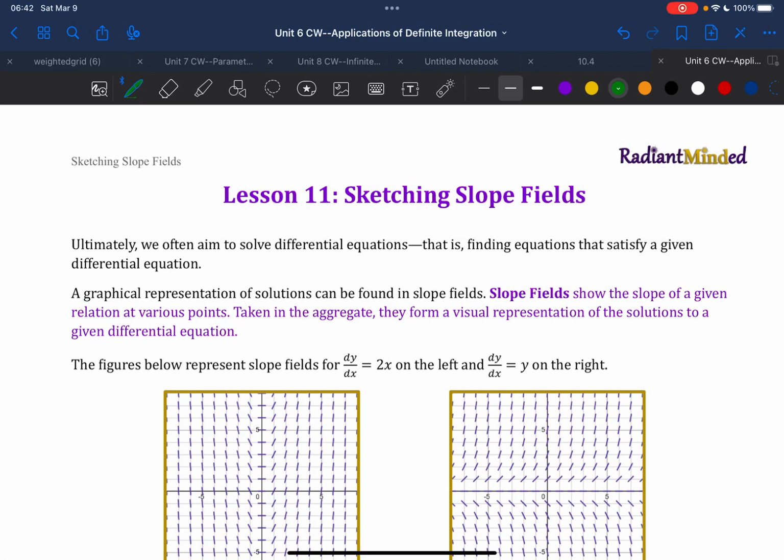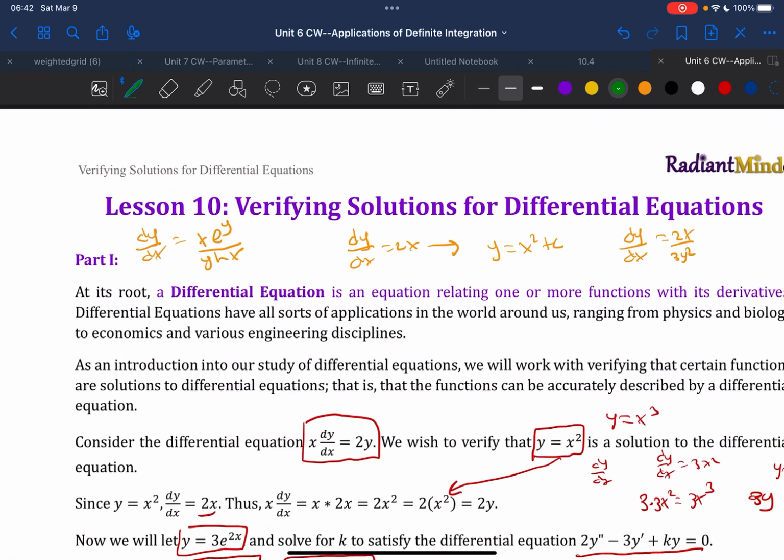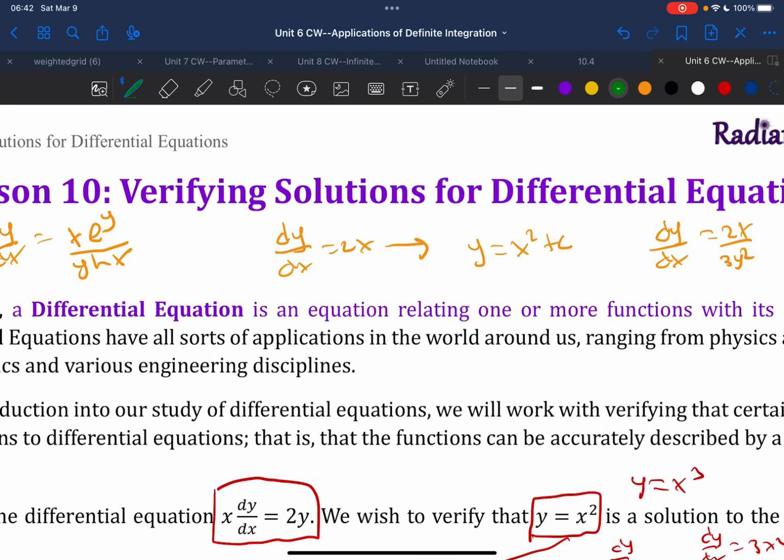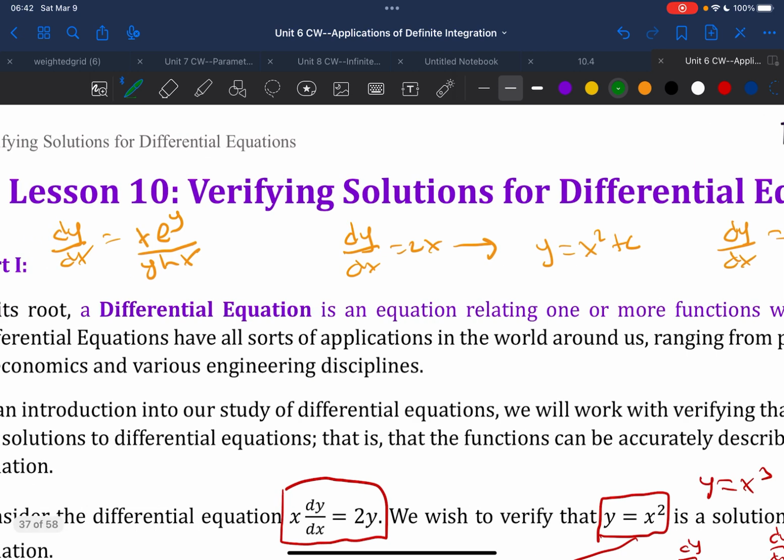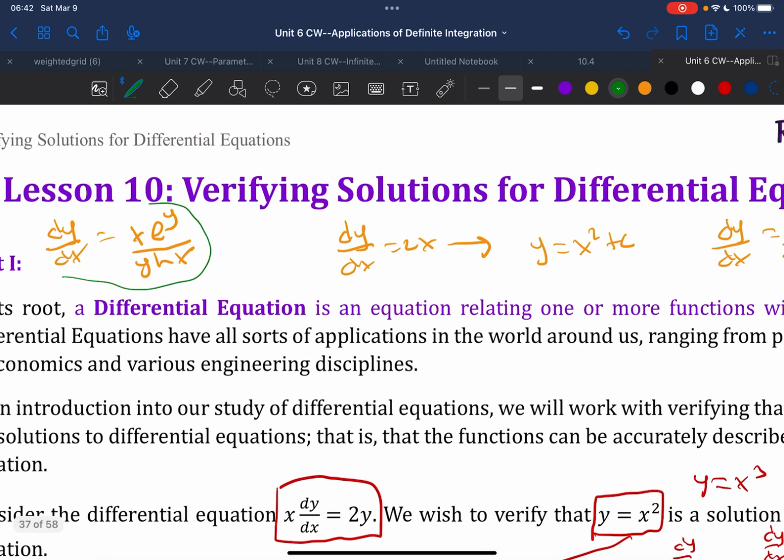Hi all, so our next lesson here with differential equations is something called sketching slope fields. As we talked about last time, our goal is to be able to solve these differential equations, but sometimes we can't. Like, I have no idea what function gives me a derivative of x e to the y over y ln of x. So our next best thing, you may think it sounds silly, but it's to do something